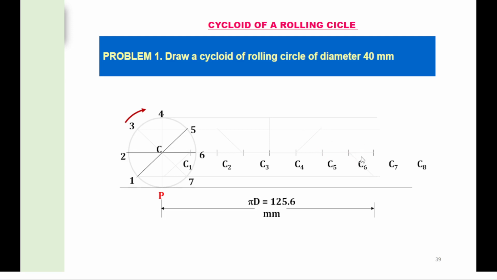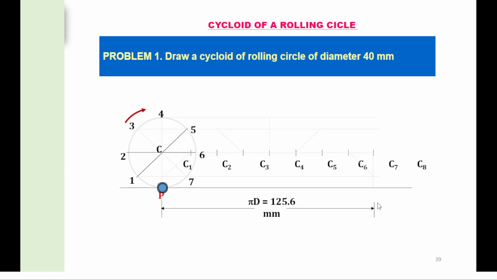Then the last, C7: taking C7 as a center, we will mark an arc on this projector passing through point number 7. Then last C8, as the radius is equal to the distance in the compass, we can mark an arc over here. So exactly vertically downward it will be the point.